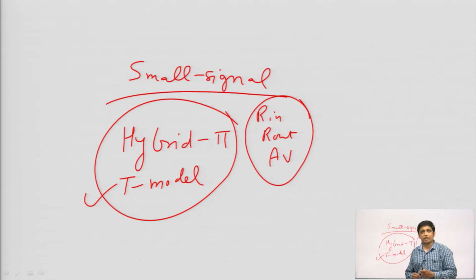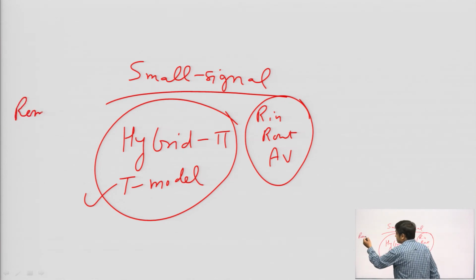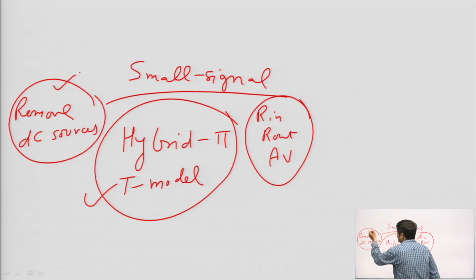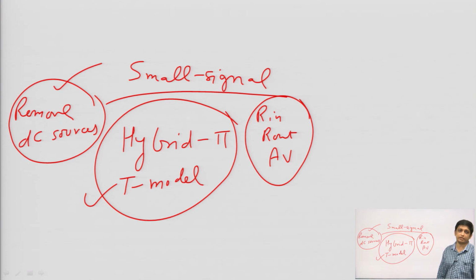For example, if an amplifier circuit is given to you, and it is said that you have to calculate the voltage gain of this circuit, then what you have to do? Firstly, you have to draw the small signal model and do the calculations for that. And how do you draw the small signal model? A small signal means your input AC signal, we are dealing with the AC signal, fine. So, to draw the small signal model, firstly remove the DC sources. So, voltage source will be short circuited and current source will be open circuited, fine.